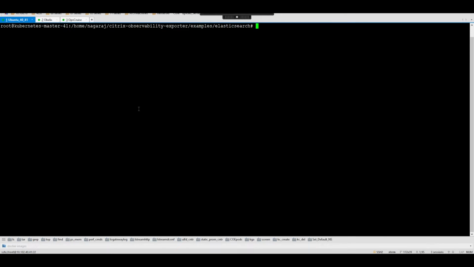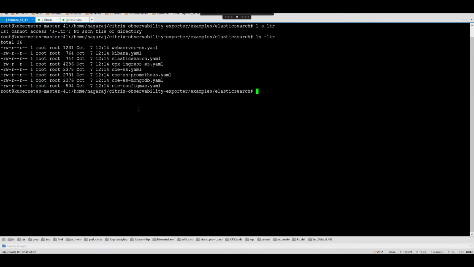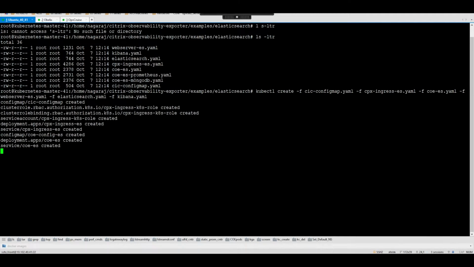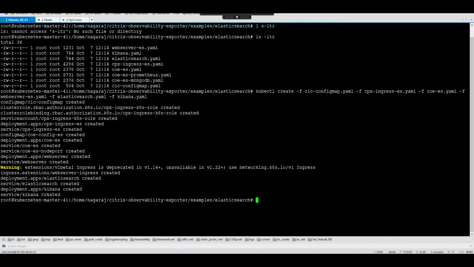So I have git cloned that particular repository on my machine. So we have all the files here. We'll go ahead and create the deployment.